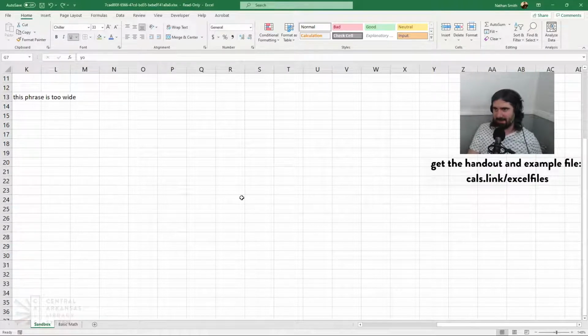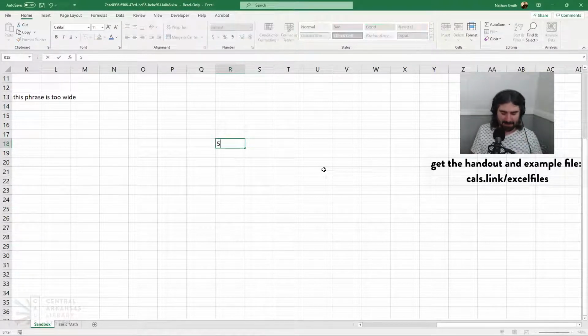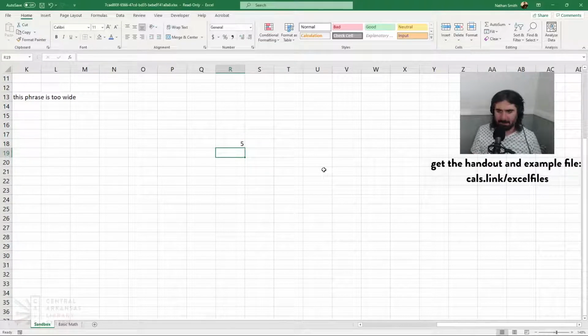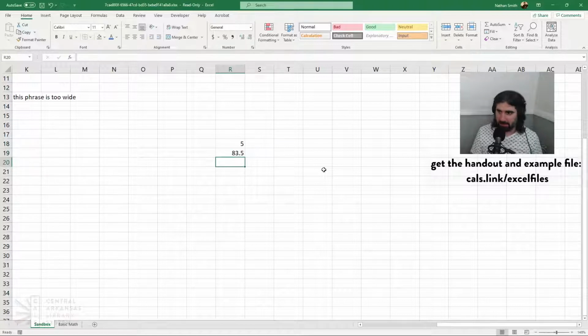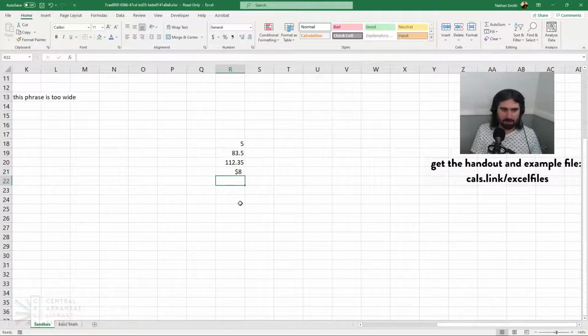Okay, so I've got a little bit more room to play around here. Let's say that I'm keeping track of a budget, and so I'm watching my expenditures. I'm going to type them all into my Excel sheet here. So let's say I spent $5 yesterday on coffee or whatever, and I paid $83.50 for the, I don't know, internet bill, and I paid $112.35 at the grocery store, and then I spent $8 paying my buddy back for lunch, and